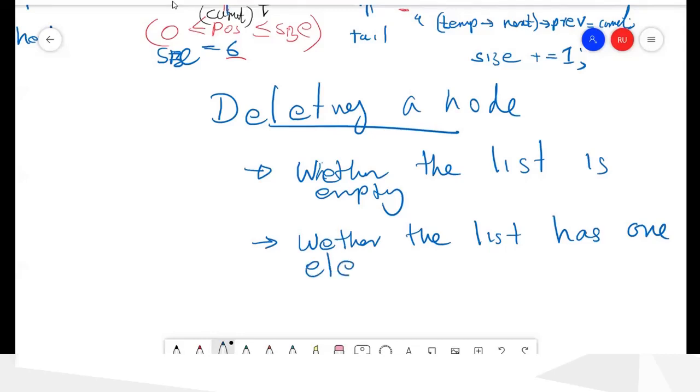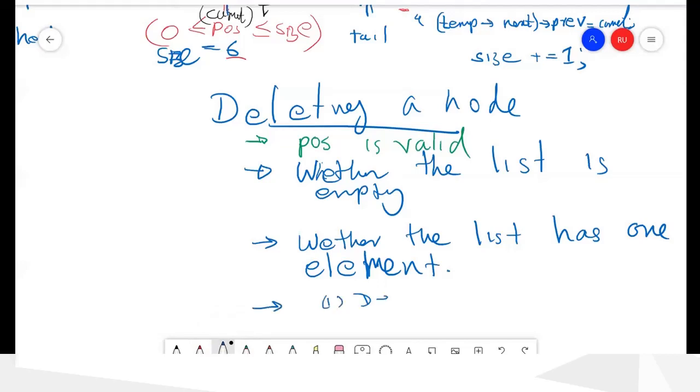We discussed last time, if we have one element, there will be a different way of doing it. Actually, the first thing we have to check is whether the position is valid. And then we have three cases.